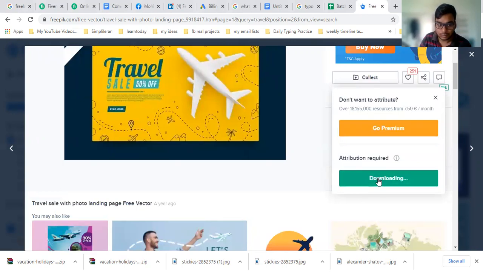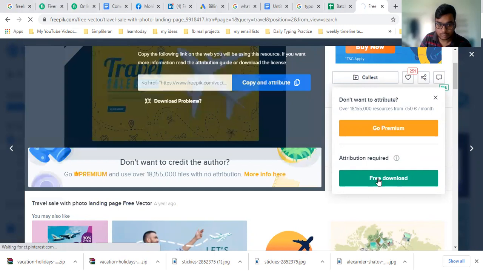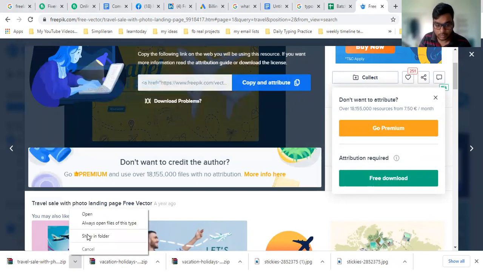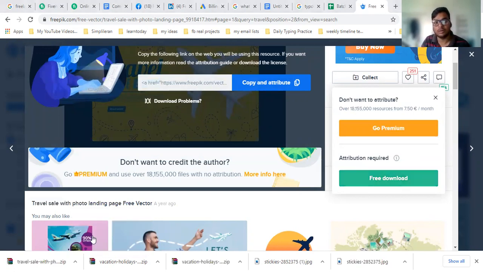So the file is downloaded, but in zip form. You just need to click show in folder, go to the location, and after right clicking, extract here or extract file.